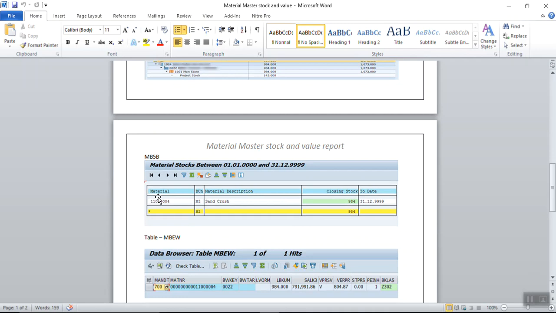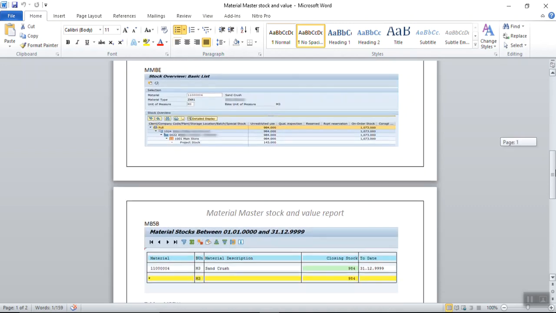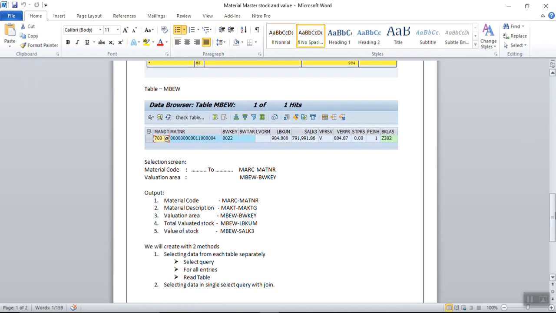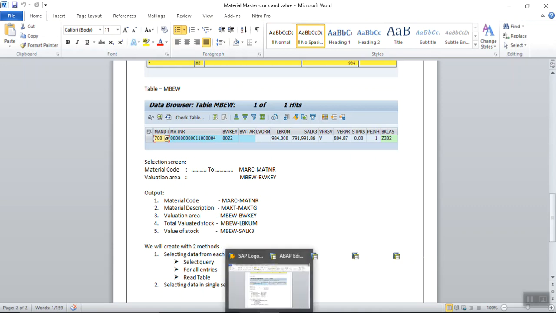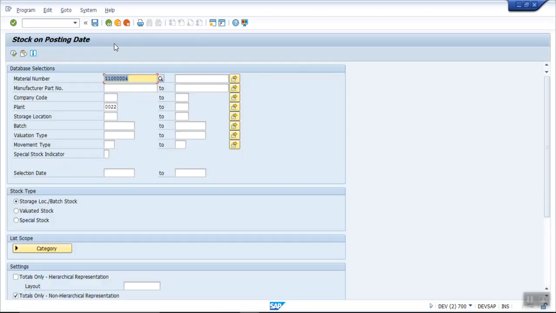We have material code, description and the closing stock. As the valuation area, first I will select the plant with the MARC table, or we can directly go with MBEW, and the description we have to take from MAKT. If you see the MB5B T code, this is the screen of MB5B.